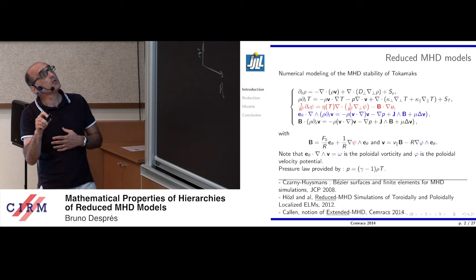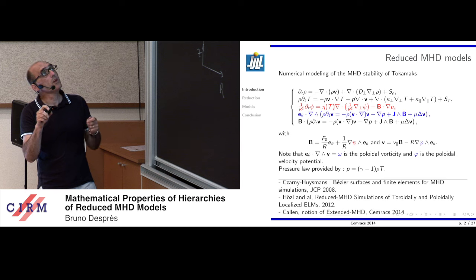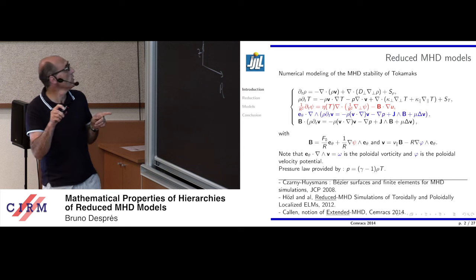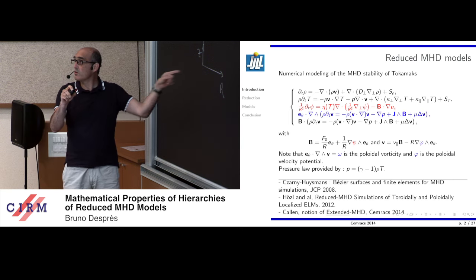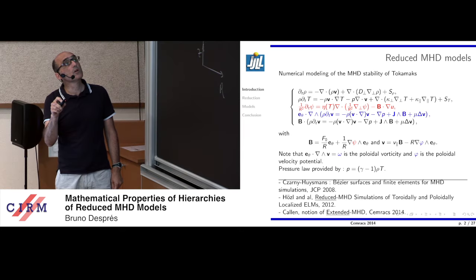And what is this blue equation? V is the velocity of the fluid, and you take the curl. Assume that rho is constant somehow. The curl commutes with the dt. So this is the curl of V, and then you take the scalar product against E theta, which is just the toroidal unit vector. So this is the vorticity. It is an equation for a scalar, which is the vorticity, written here. So this blue equation corresponds to this blue scalar unknown, which is the vorticity of the field.